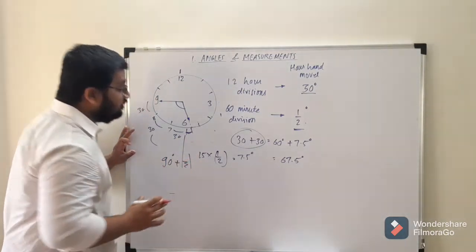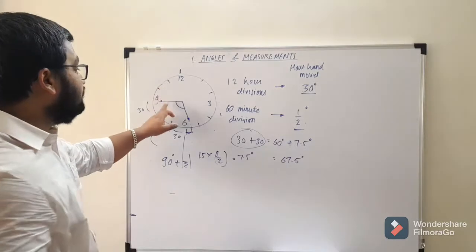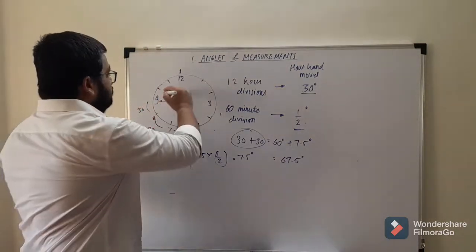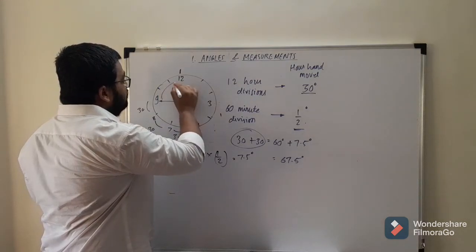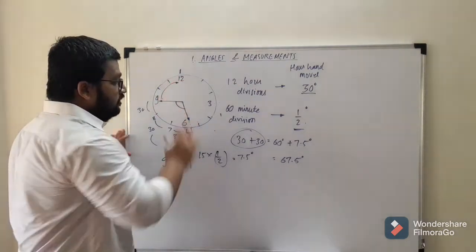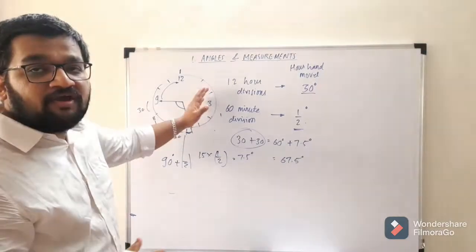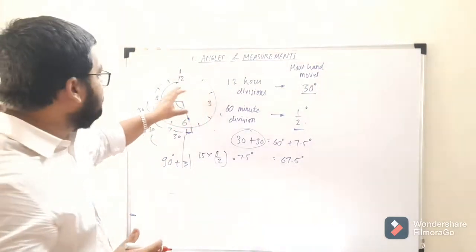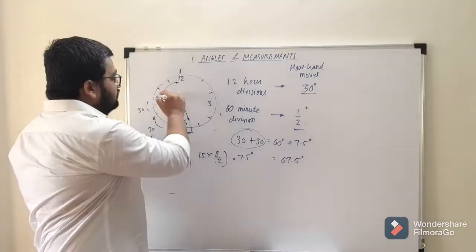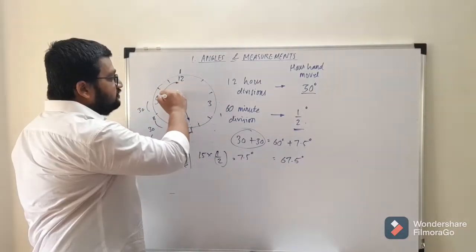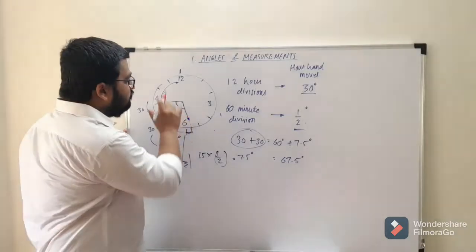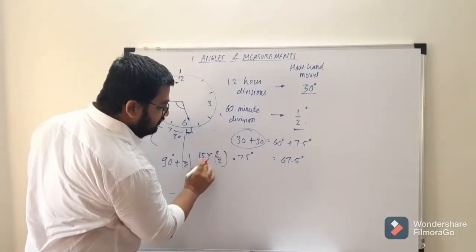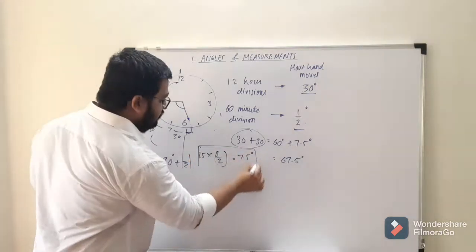Now how much is this? The minute hand is on the left hand side, so what will we do? We will consider the distance it has to travel to reach 12. When it was on the right hand side, we considered the distance it had already traveled from 12. Here we consider the distance it has to travel to reach 12. So it is again 15 minutes, which is 15 into half degrees, that is again 7.5.